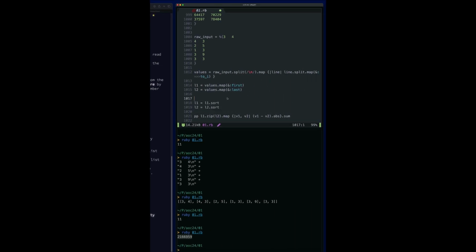So let's store our histogram in a variable imaginatively called hist. What we're going to do is take each of the values in L2 and add it to the appropriate bucket in our histogram. The histogram is just going to be a hash, and the bucket is going to be the entry whose key is that number, and the value will be the number of times we've seen that number. So we're going to reduce L2,